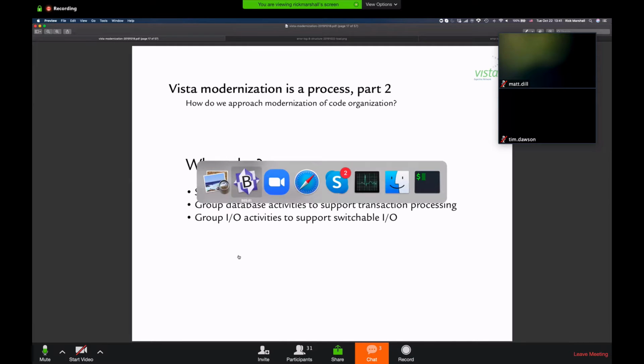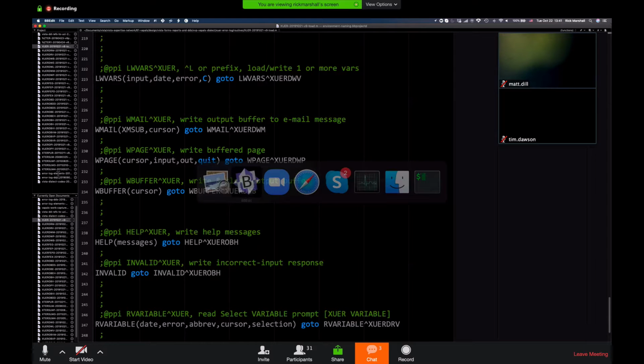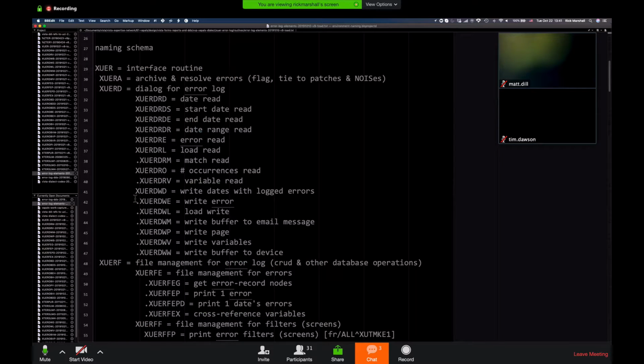So when you're doing a reorganization in preparation for modernization, one of the things you want to do is come up with a naming schema by coming up with an alphabet for what the main object-oriented ideas are in your software. I've done this for Mesh, I've done this for Taskman, I've done it here for the error log. It was one of the first things that I did once I sort of scoped out all the pieces that